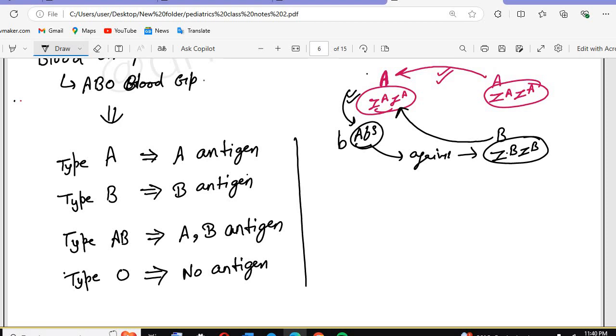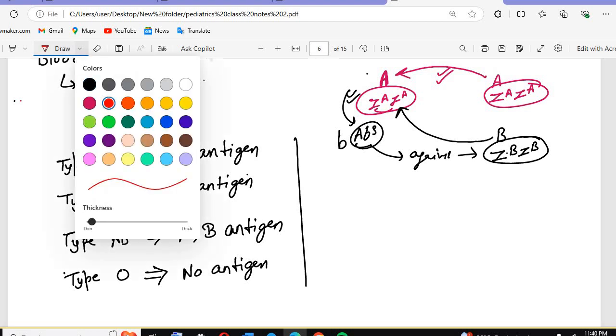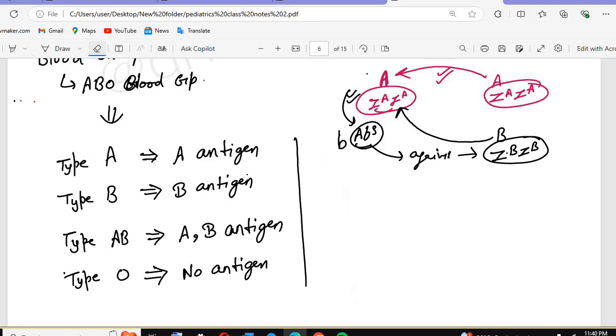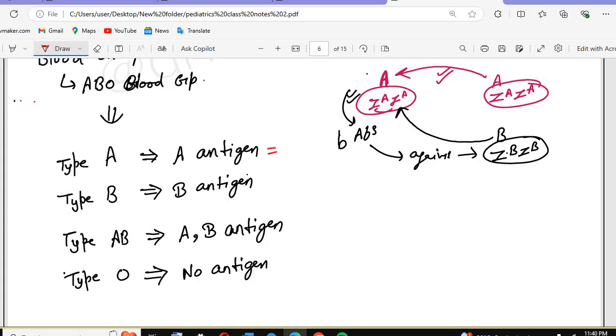So here what I can see, we will be having there is a B antibody. Or should I, can I remove it now? Okay, so we will be having here, in this condition, we would be having the B antibody would be there, the B antibody. The same like we would be having here the A antibody, the antibody against the A blood